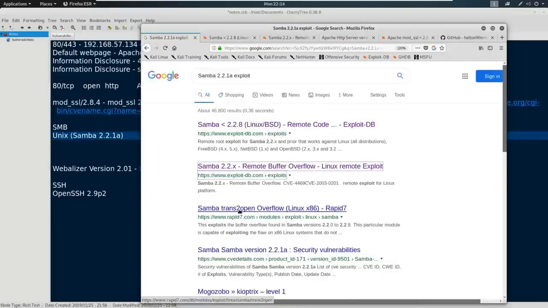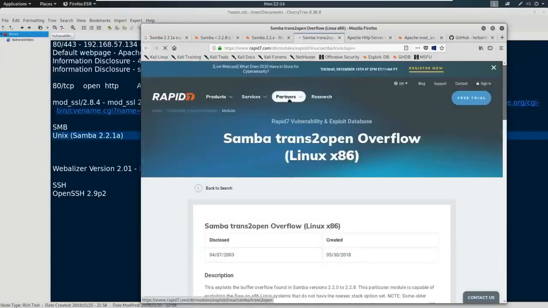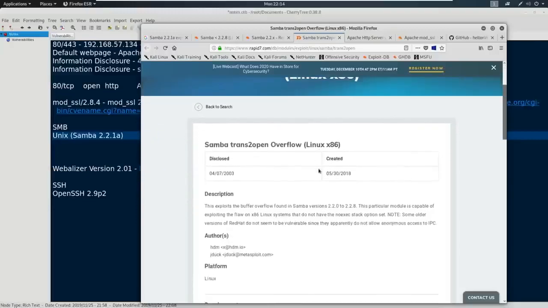This is Rapid7. So let's go to Rapid7 first. Why do I like to see Rapid7? Well, Rapid7 makes Metasploit. So it looks like this exploit is called Samba Trans2 Open. And let's read a little bit about the